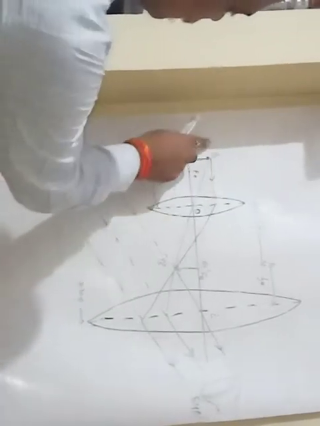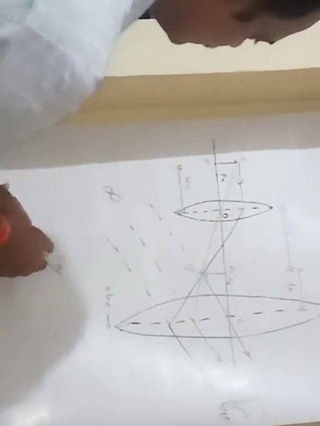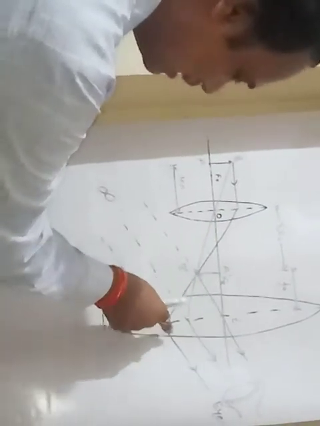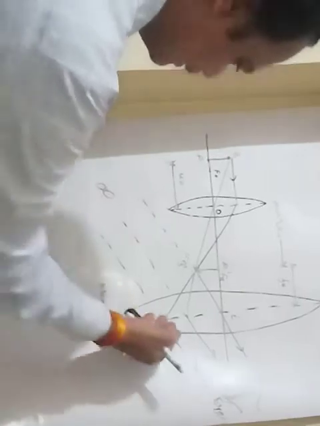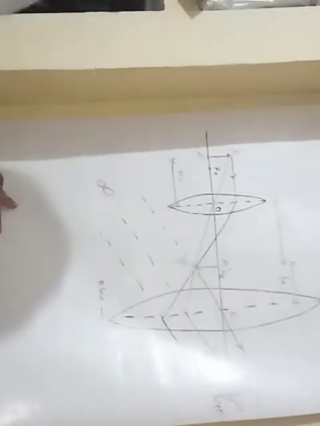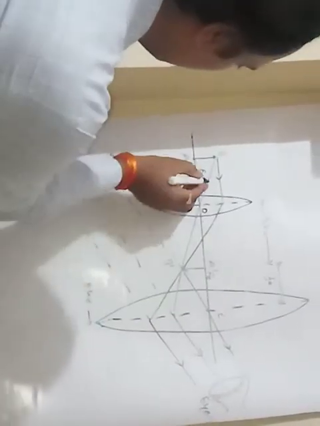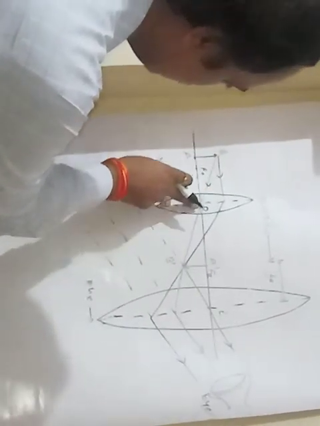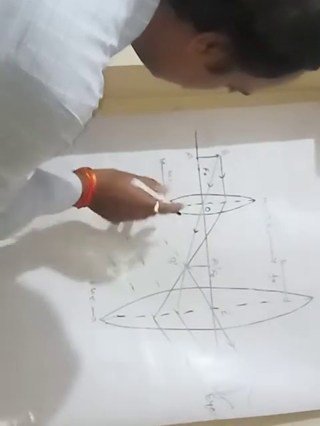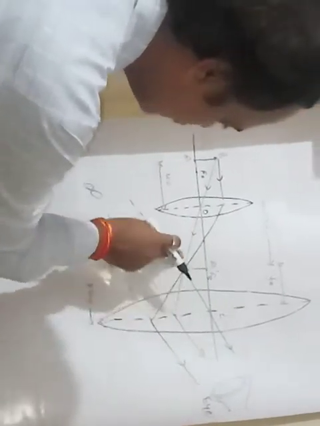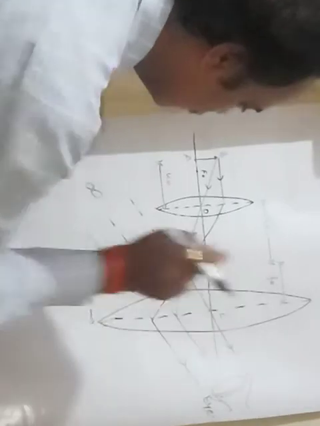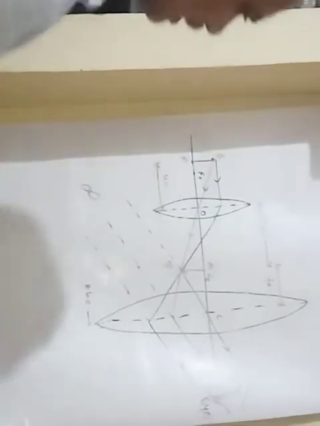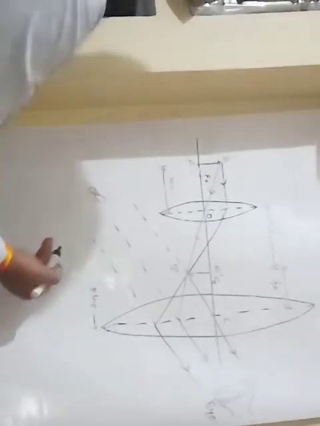A ray of light incident parallel to the principal axis, after refraction, passes through the focus and falls on the eye lens. It again converges and passes. Another ray of light passes through the optical center. After refraction, it goes undeviated, is incident on the eye lens, converges and passes away.